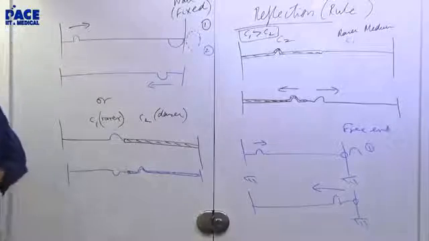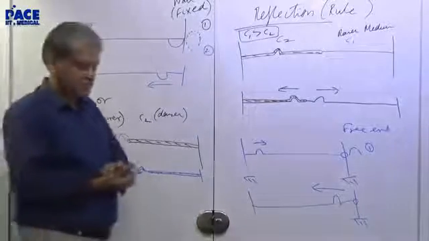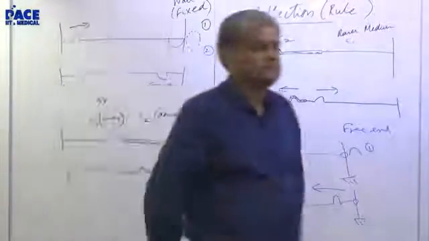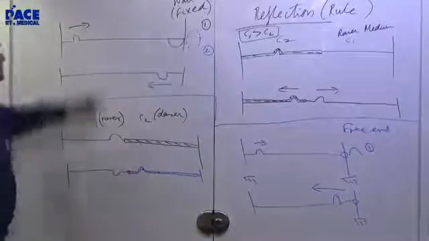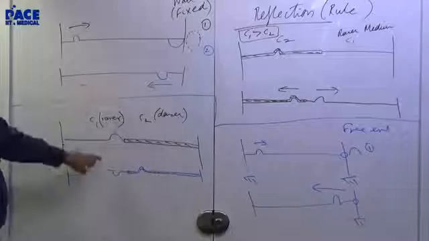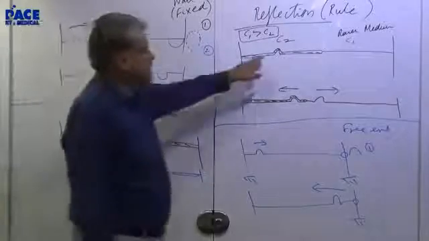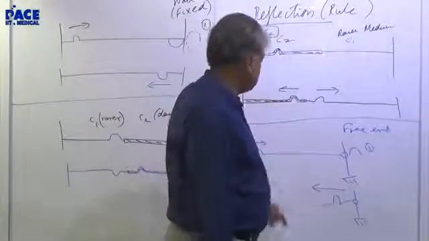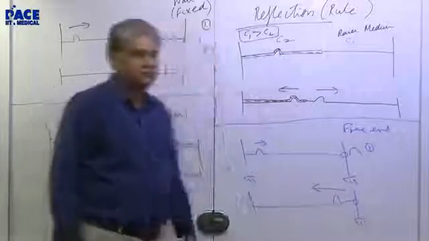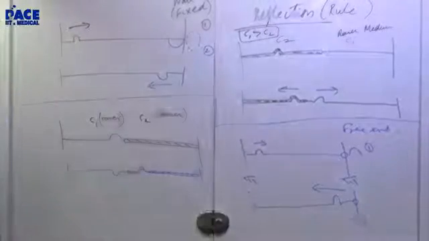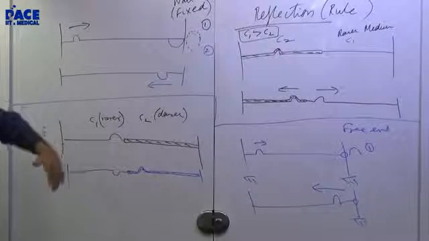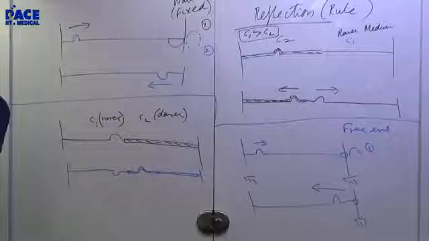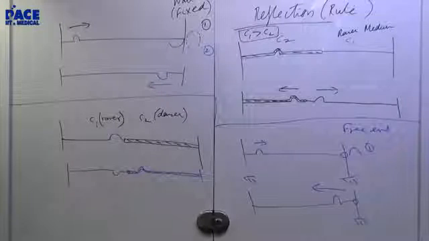So I'm going to give you a pulse and you have to draw the pulse at different times. So let us see. So this is the incident pulse, reflected pulse, incident pulse, reflected pulse, transmitted pulse, incident pulse, reflected pulse, transmitted pulse, incident pulse, reflected pulse. So they are shown in pairs, okay? One is before, the other is after. Before and after reflection, what happens?